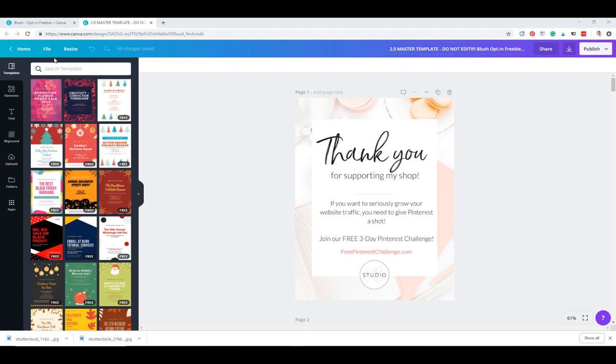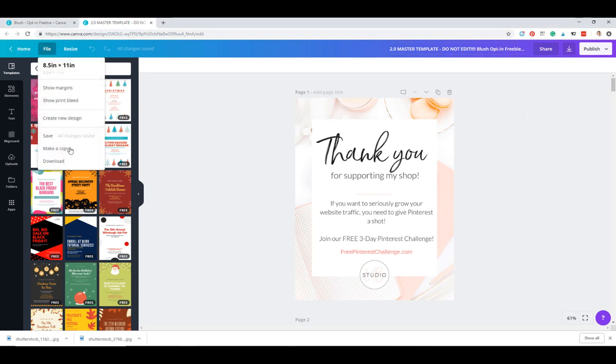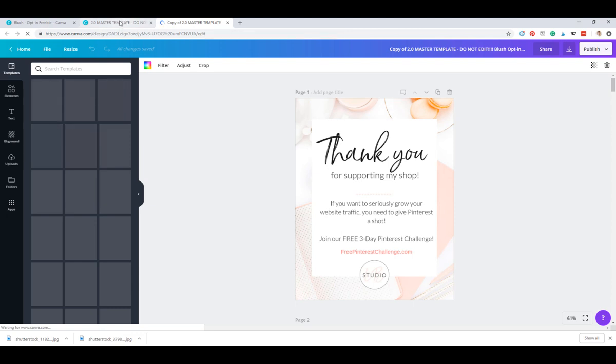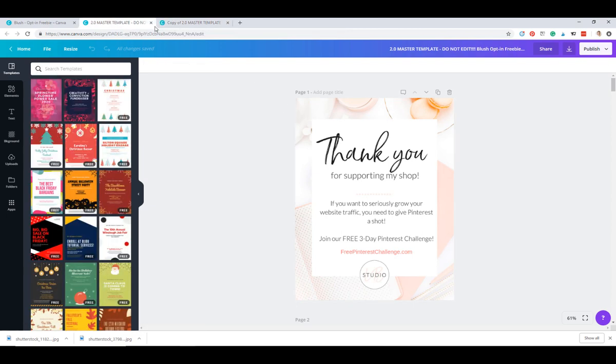What do you do? You go over to File, and you go to Make a Copy. The copy that opens up in the new tab is going to be the copy that you can then edit. You're going to go back to the original one you were on and close it, because you don't want to do anything to that one, and you just want to stick with the copy that you've made. You can also see at the top here it says copy. So what I would do now is go ahead and rename this. So this can just be, let's say, your brand name. So I'm just going to put your brand name